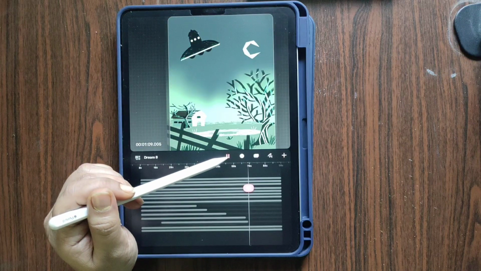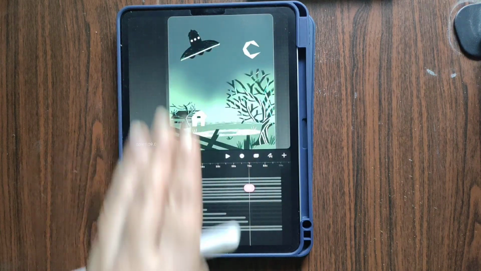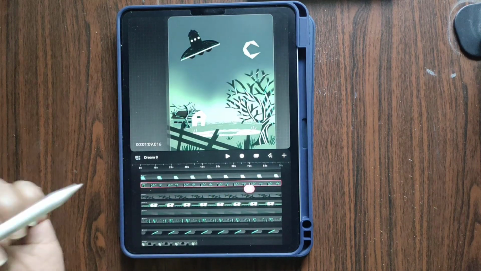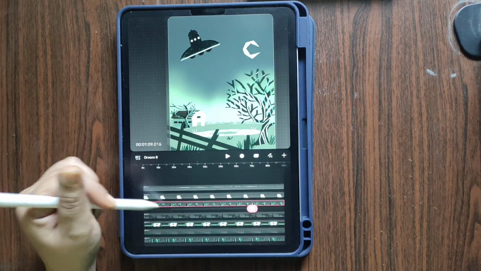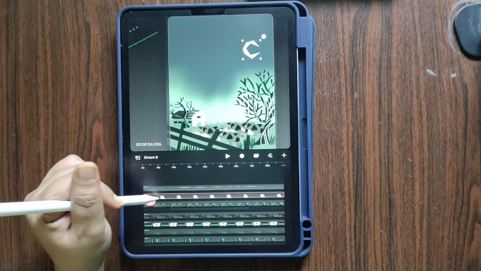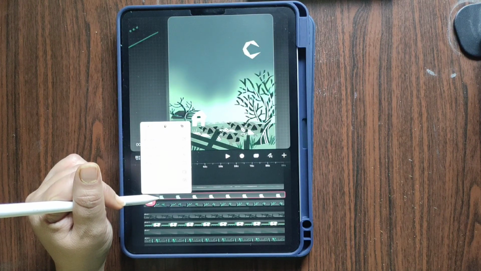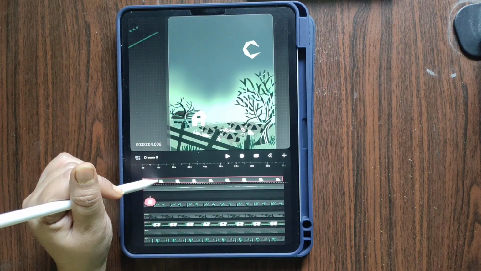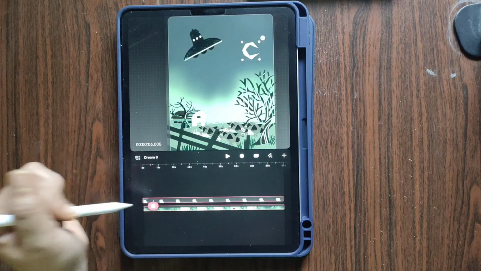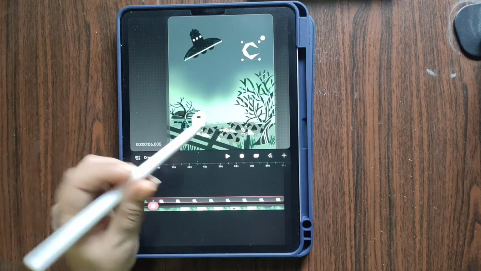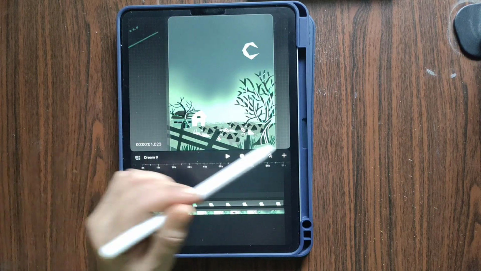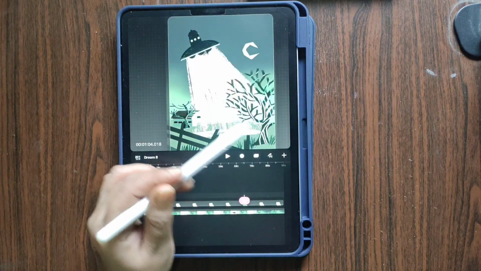Now, once the job of the spacecraft is done, I want the moon to also glow. And so I want this moon to be out of this group now. So for that, I'm just going to click on it, drag and drop it outside the group. You can close the group and you will see the moon is over here. I'm going to add another track on top of it. And I'm going to go to the draw and paint mode once,